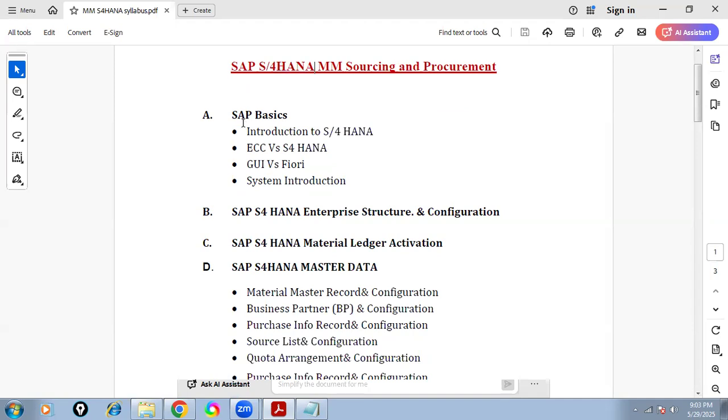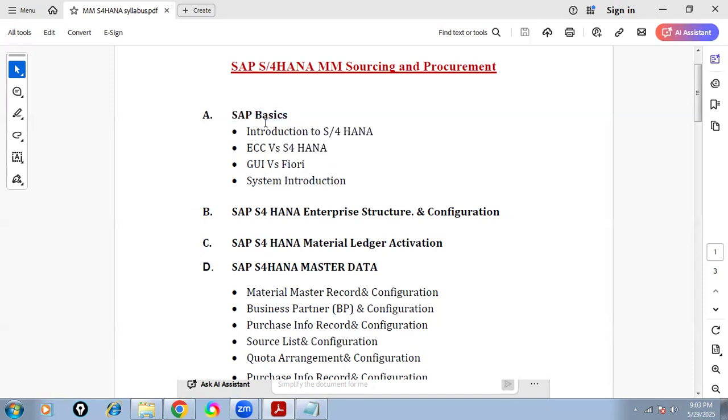As I promised, in the very first session I start with basics. Generally, I cannot jump directly into actual topics. So first, what is SAP? Where was SAP born? How did SAP come about? SAP started in 1972. From that time right till date, how many evolutions happened, what is the first phase of SAP, how it transformed to ECC, and next how it came to S4. I will give a complete roadmap of SAP from day one to date.